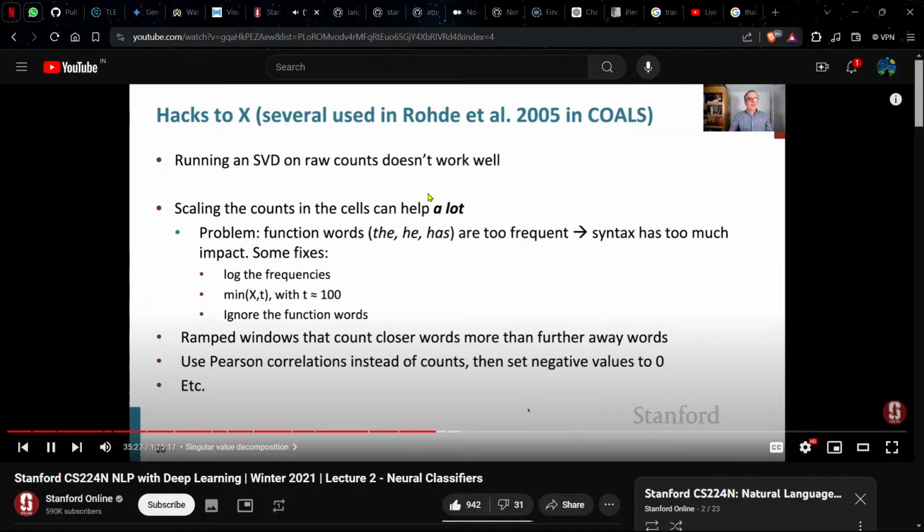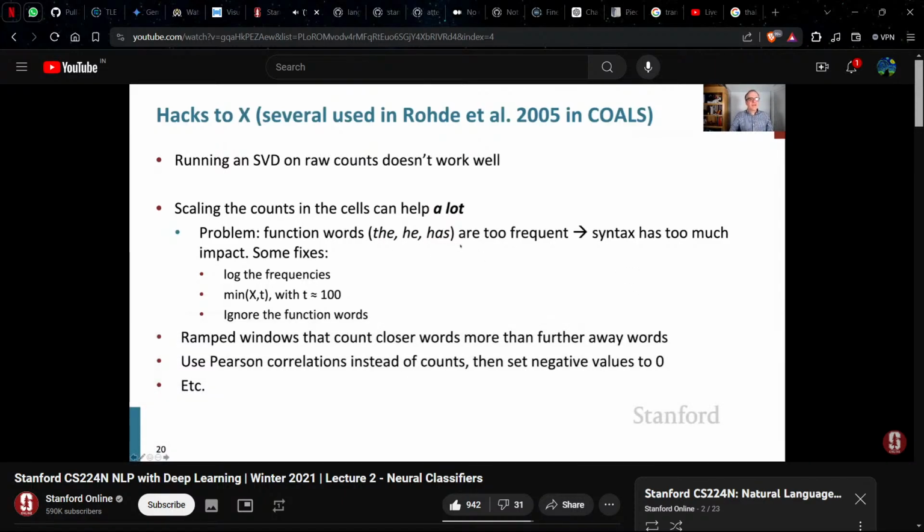But you actually get something that works a lot better if you scale the counts in the cells. So to deal with this problem of extremely frequent words, there's some things we can do. We could just take the log of the raw counts. We could cap the maximum count. We could throw away the function words. And any of these kind of ideas let you then build a co-occurrence matrix that you get